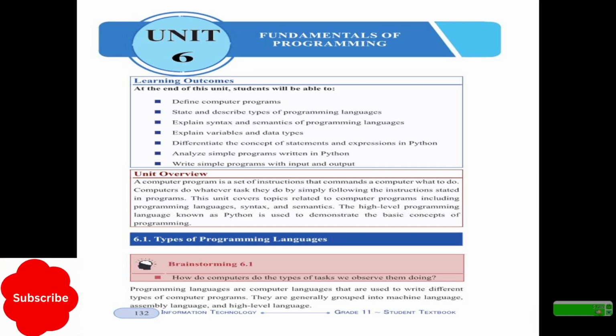Programming languages are designed to develop a variety of application software, the other family of software. Think about software that are found in our mobiles. Thanks to the technology nowadays, using programming languages you can develop a variety of software, mobile or computer based. They are generally grouped into machine language, assembly language, and high-level language. When we think of the types of programming language, we have machine language, assembly language, and high-level language.